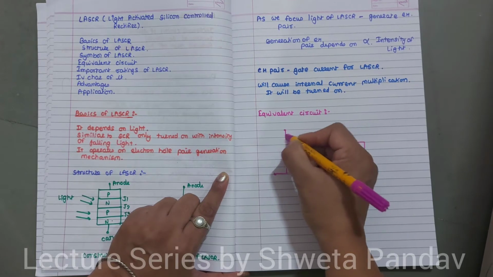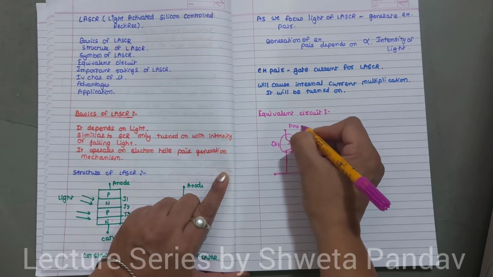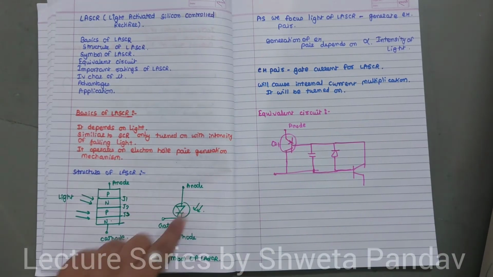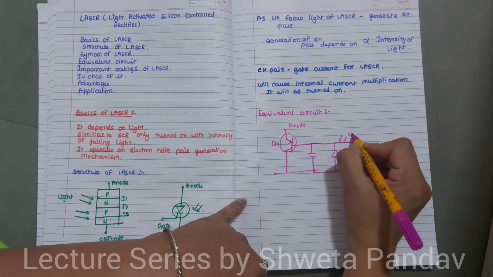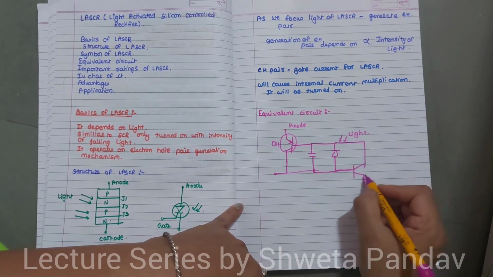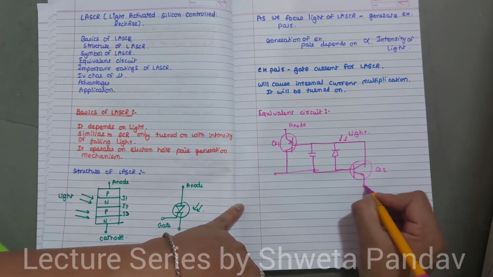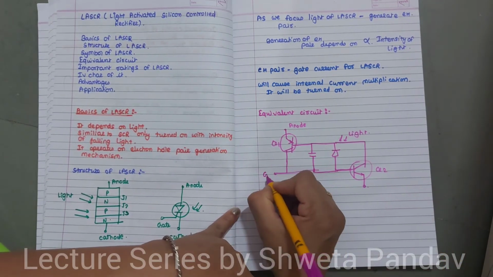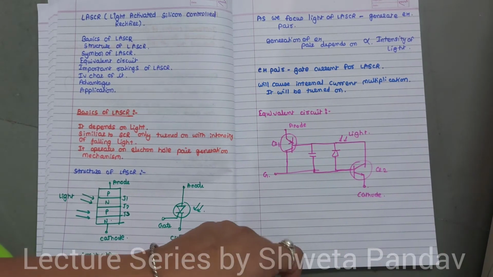Okay. This is the Q1 transistor, this is the anode terminal. Light will fall on this, and this is our Q2 transistor. This is the gate terminal and this is the cathode. So this is the equivalent circuit of